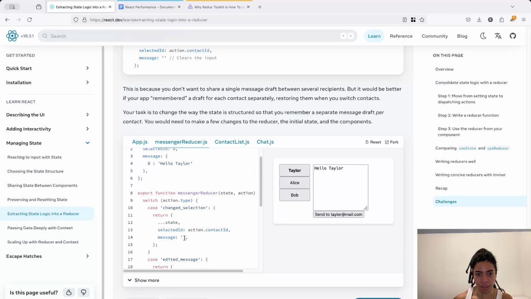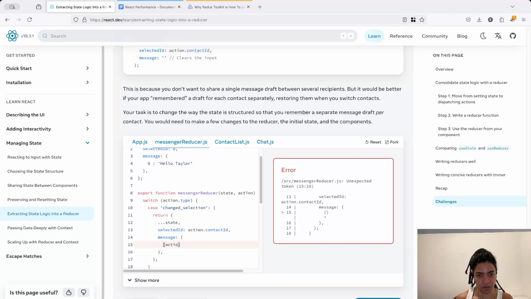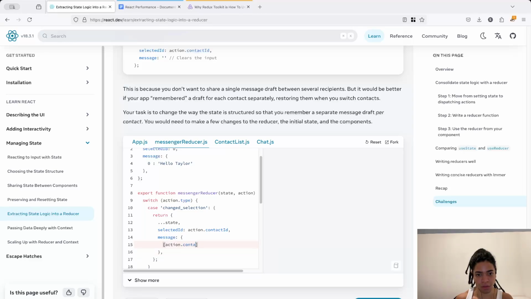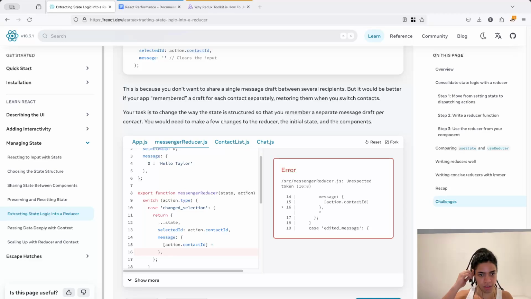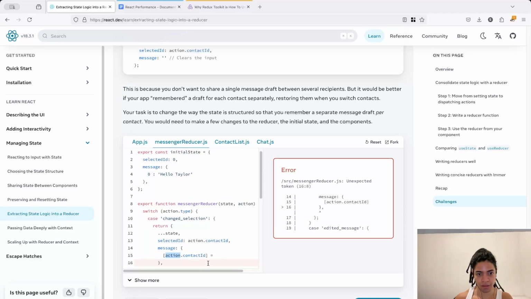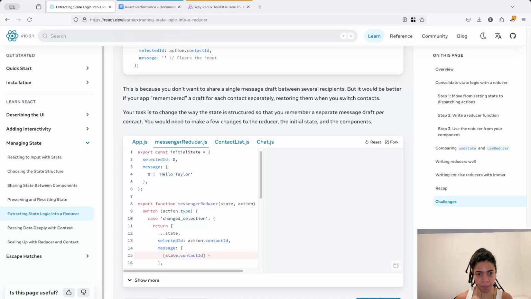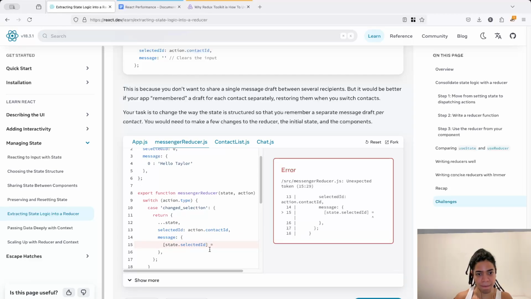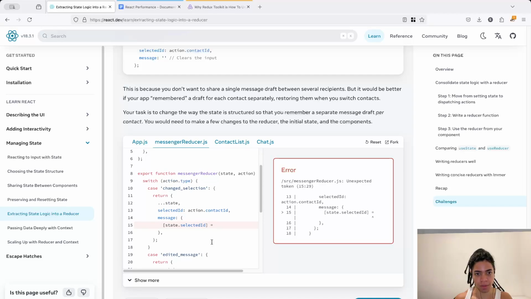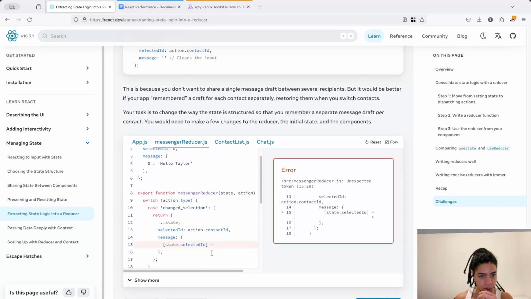But on change selection, I want to now show the message whose index is the action.contact ID, which is the selected, or we can say the state.selectedID, followed by the message that we're receiving here, or followed by the state.message,